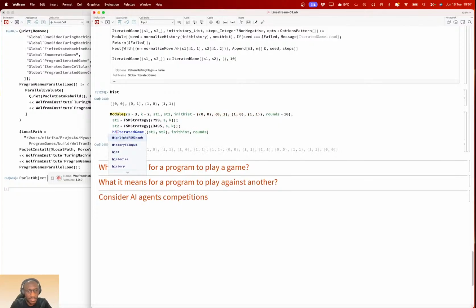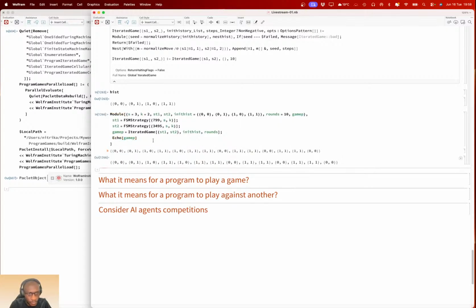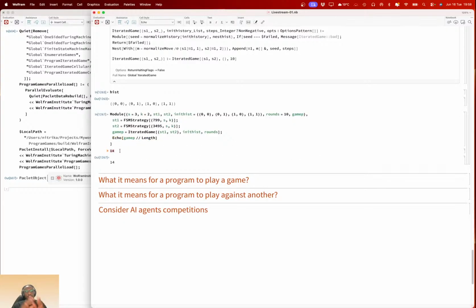So this is the game played, game P. Okay, so for this, let's see how many there are. 14. So 14, that's inclusive of the initial history.